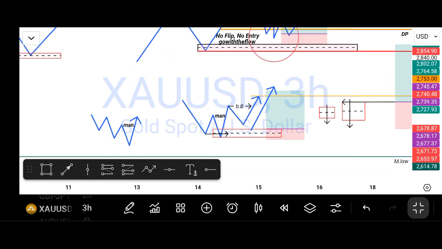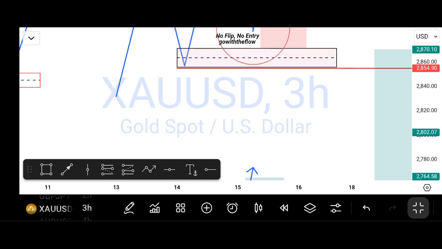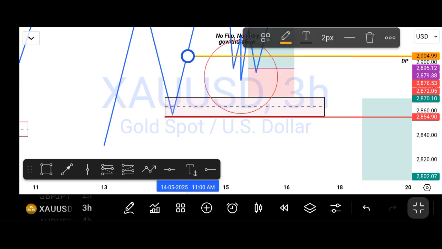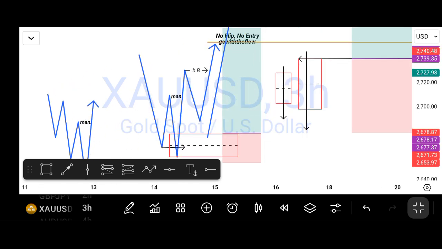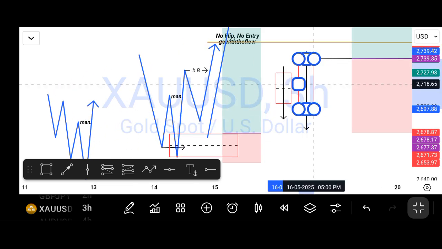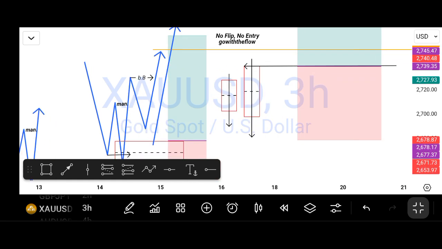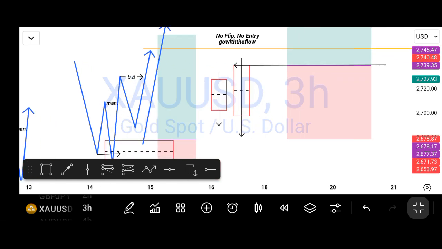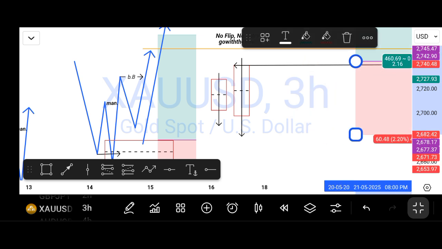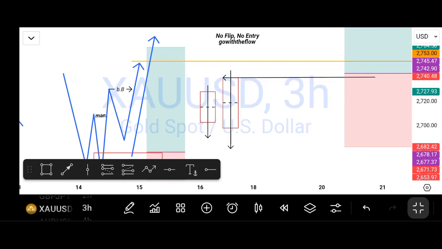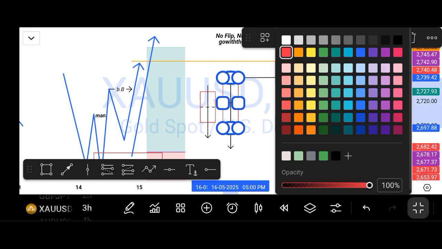Now the second thing for us to watch out for after manipulation in our discount zone is candle formation. And what is that candle formation? It is known as the engulfing candle. What is an engulfing candle? If we have a bearish candle and we have this bullish candle here,